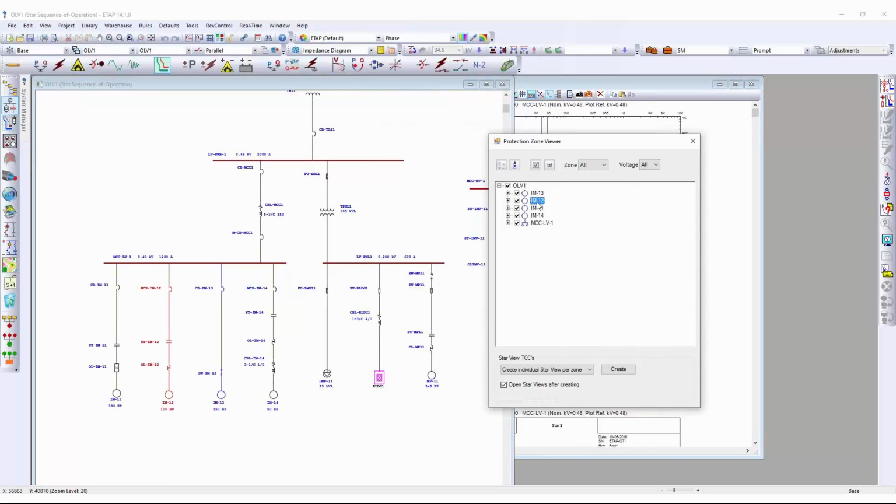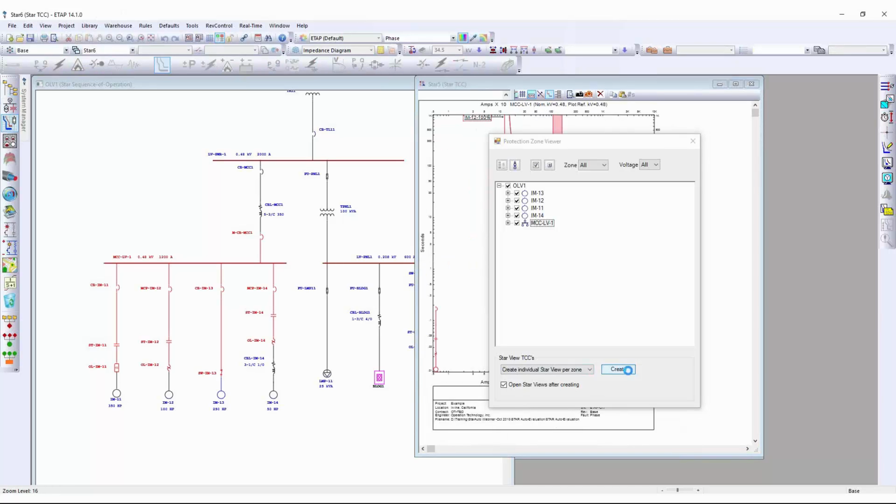So this is IM13, IM12, IM11, and this is the bus zone. The other were motor zones, and this is the bus zone. From here, you can create individual star views, right? If you want to, and then by pressing this button, the program would create all of those star views, which